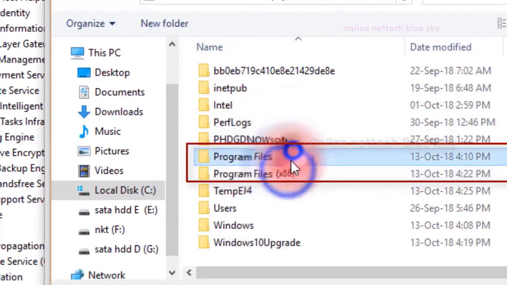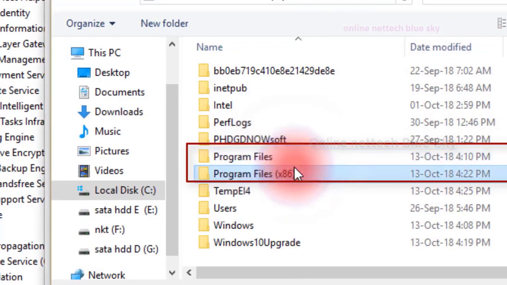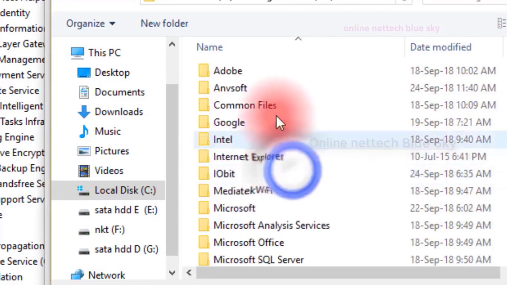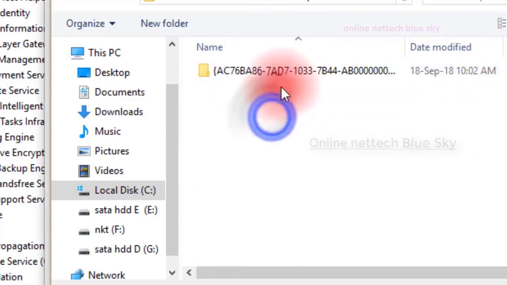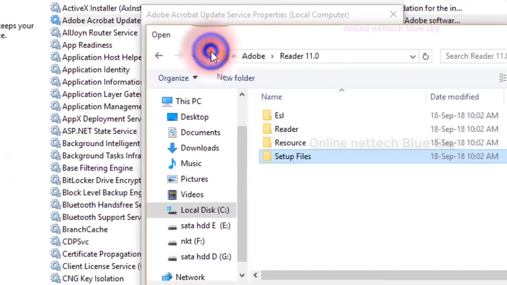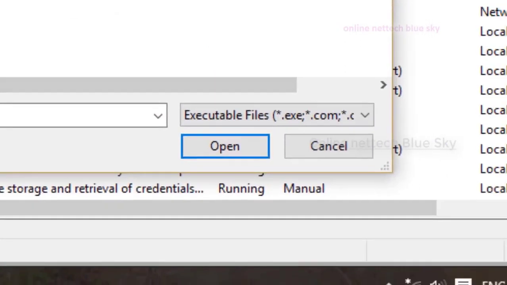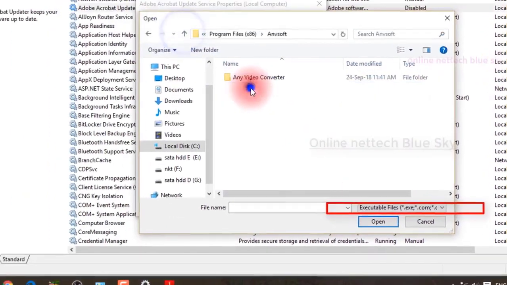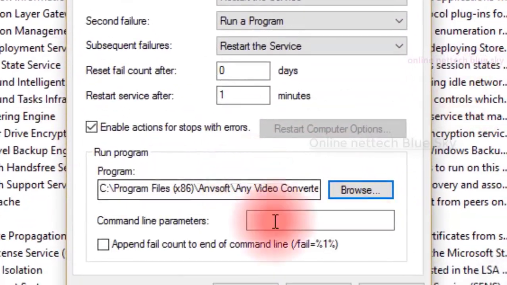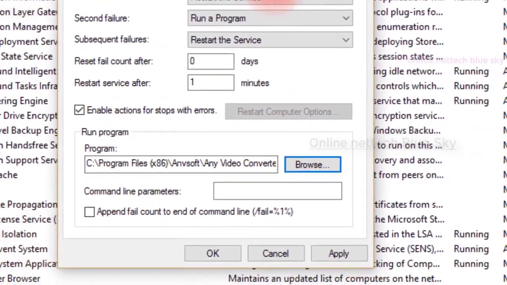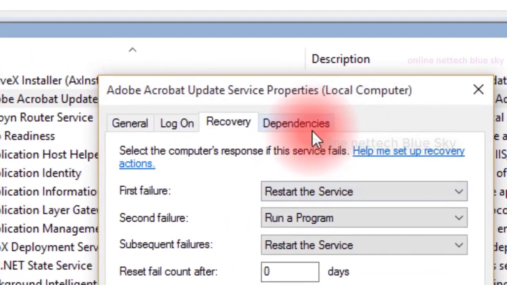So in program files, there are all the software files, with 64-bit and 32-bit folders inside. So I just click on the setup file. The first time I want only this exe file type, so I click on it, and select these options and these programs. So at that time, if these services do not start, or some error occurs, it automatically starts this software here.